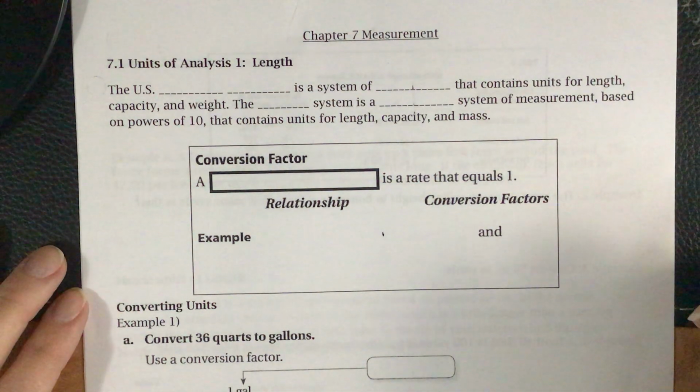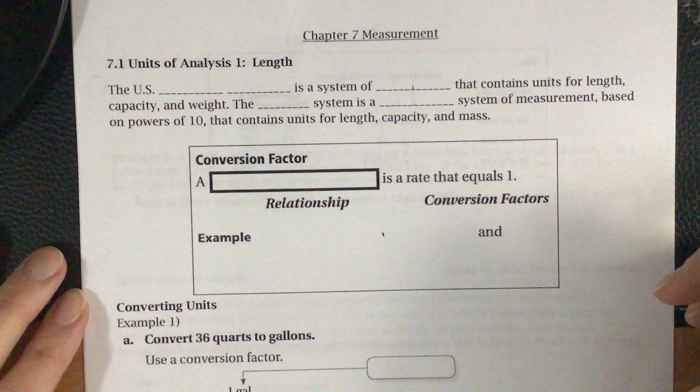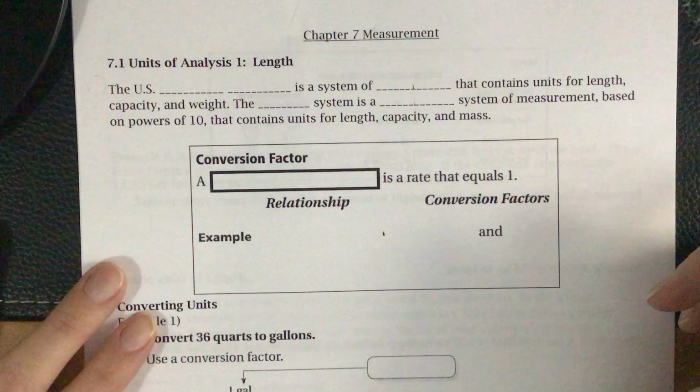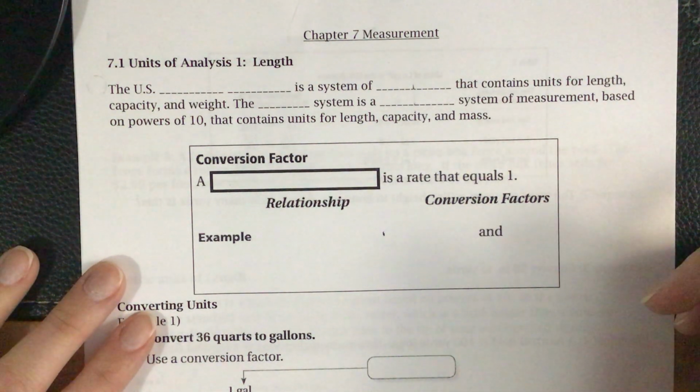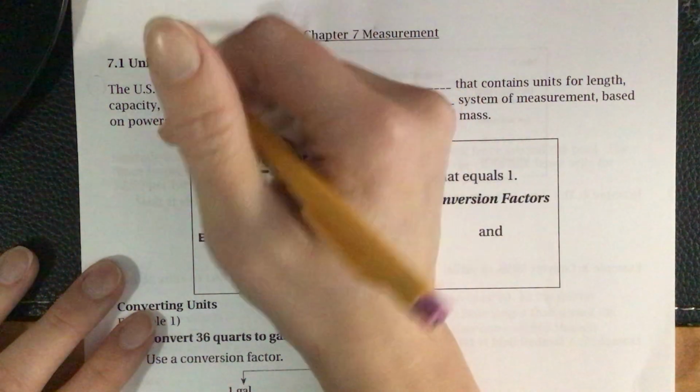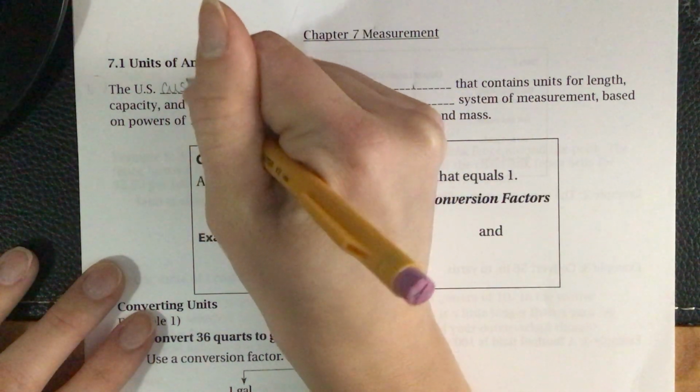Okay, Chapter 7, Measurement. This is 7.1. Units of length, analysis 1, units of length. So the U.S. customary system, the U.S. customary system